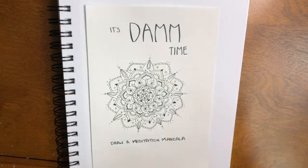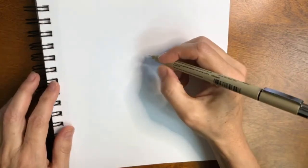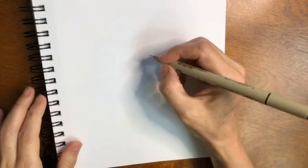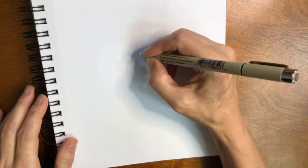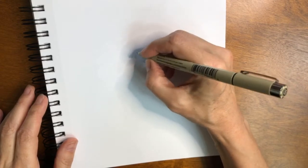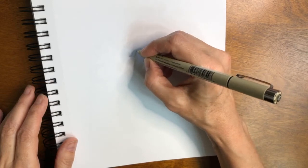Let's just get started, okay? I think we'll just go with our standard meditation mandala today. Let's start in the middle. Let's start with a star today, something different. And stars are not the easiest things to make, but I usually just start with a